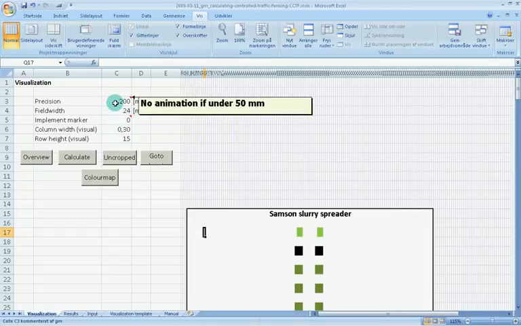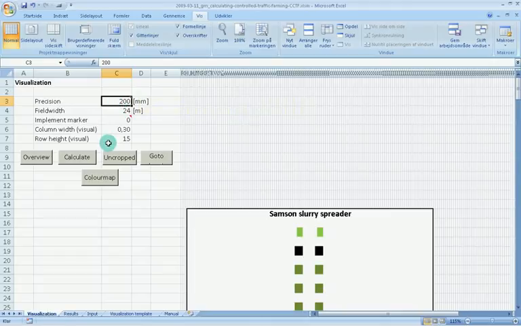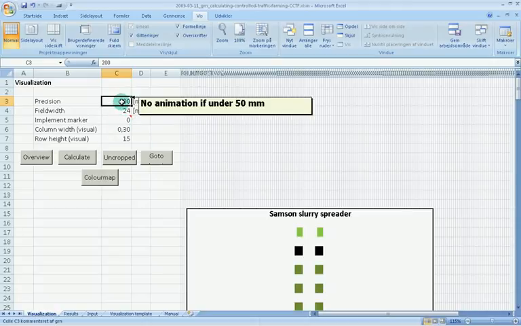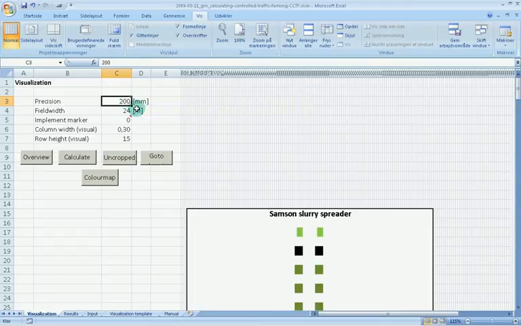So here we have a precision of 200, and a high value here will give you a low calculation precision, and a low value here will give you a higher calculation precision. And you can see if this value is 50 or below, there will be no animation. It's defined in millimeters. The field width is 24 meters, and this width here,